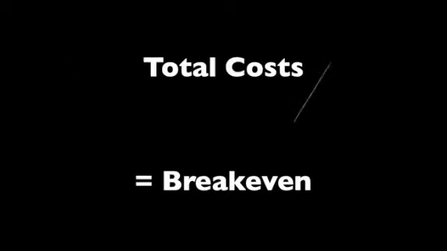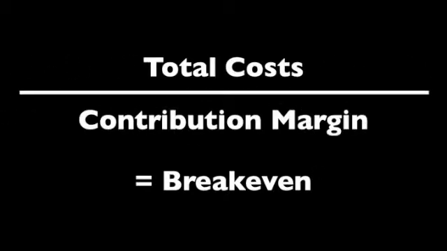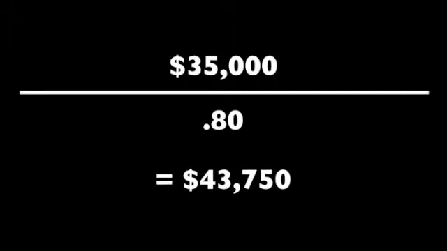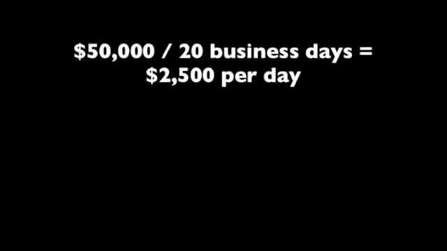Now to calculate break-even, you take your total cost and divide that by your contribution margin. And now you have your break-even number, which is the total revenue you need to cover total cost. Here's how it calculates. If you have $35,000 of total cost and divide that by your contribution margin of 0.80, now your break-even point is $43,750. Now taking it one step further, assuming an average of 20 business days in a month, your business generates